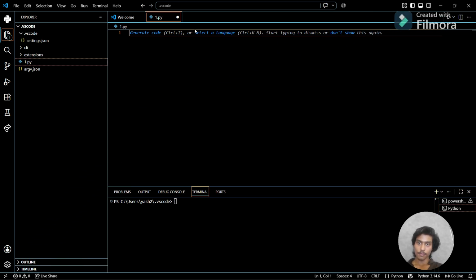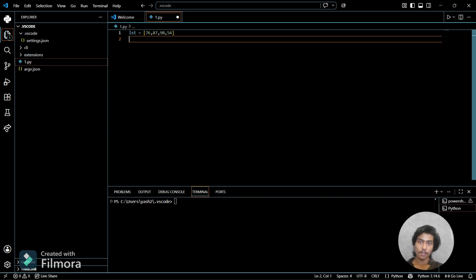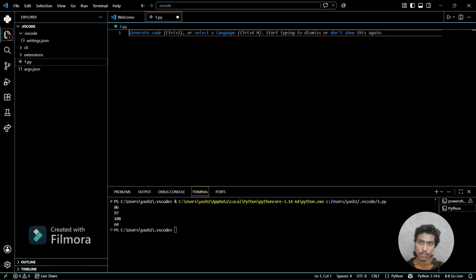And then, suppose we have a list here of some numbers stored: 76, then 87, then 98, then 52. And now if I want to add 10 to every element of this list, I can use a loop here. So with the help of a loop, like for i in lst,